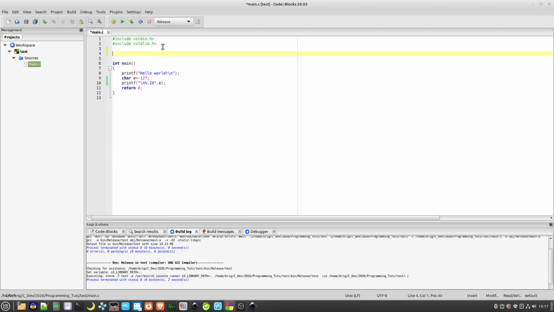And any variable that is declared outside of a function block is considered a global variable inside that module. So say penguin equals 5 there, and then we have another function here saying